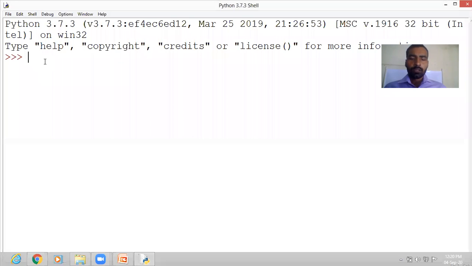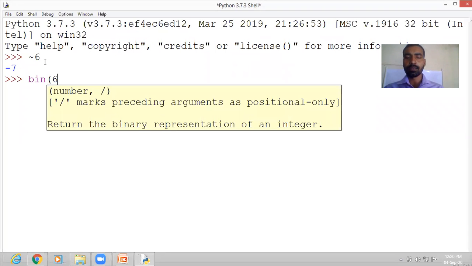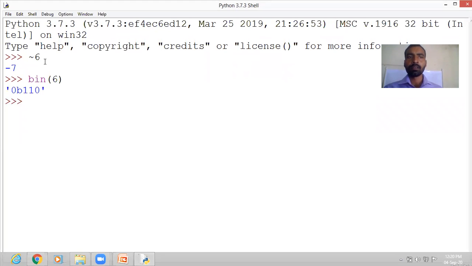Okay. So if we type the bitwise complement operator, like yesterday I told, if we type complement 6, simply it is giving -7. Now if we check the binary of 6, the binary of 6 is 110.